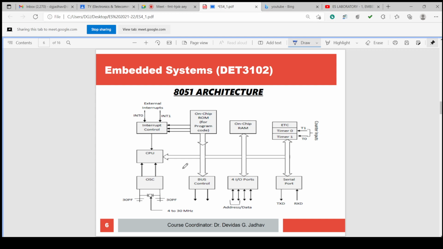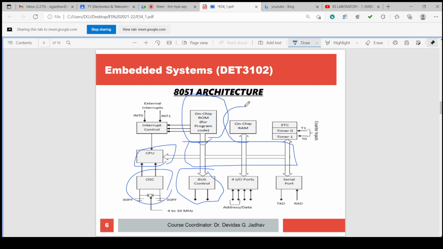This is the architecture. The CPU is there, the oscillator is there, then there are internal buses with bus control. Then there is the on-chip ROM for the program code, which is the code memory, and then there is the RAM, the data memory. There are 2 timers, 0 and 1.